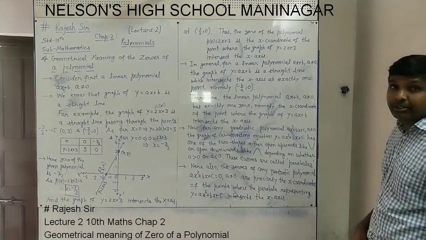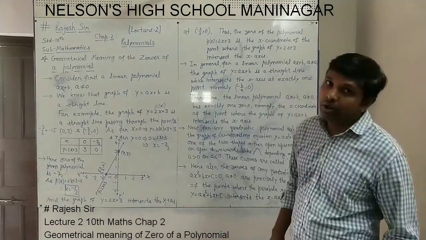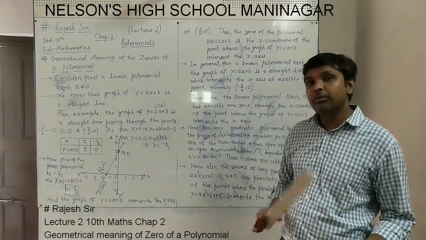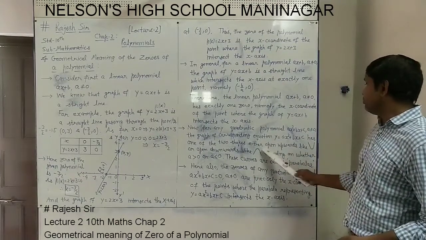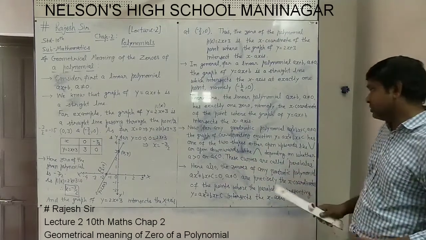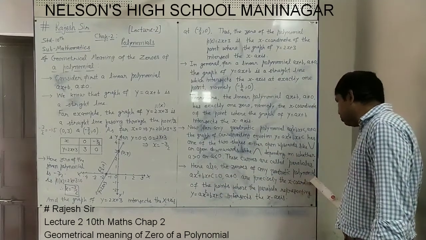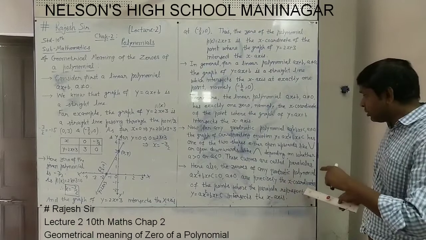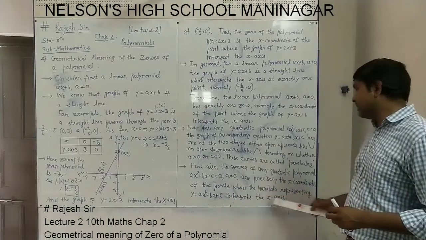Remember, a 1 mark question may be asked: what is the shape of the graph of a quadratic polynomial? It will always be a parabola. What is a parabola? It is the shape open upwards like this or open downwards like this. These shapes are called parabolas. Here also it is true that the zeroes of any quadratic polynomial, ax square plus bx plus c, a not equal to 0, are precisely the x coordinates of the points where the parabola representing y equal to ax square plus bx plus c intersects the x-axis.